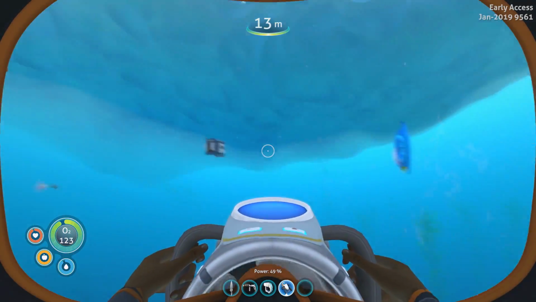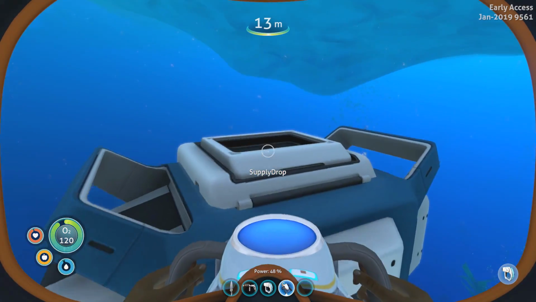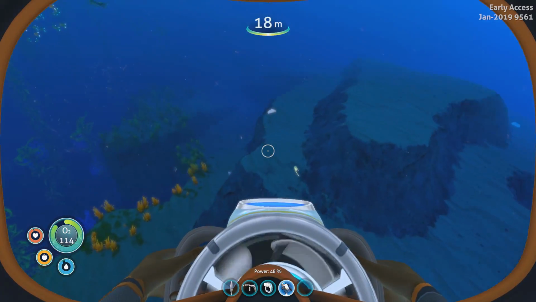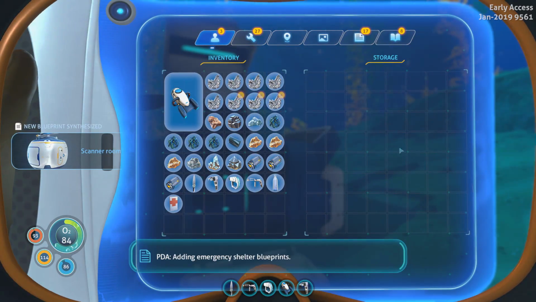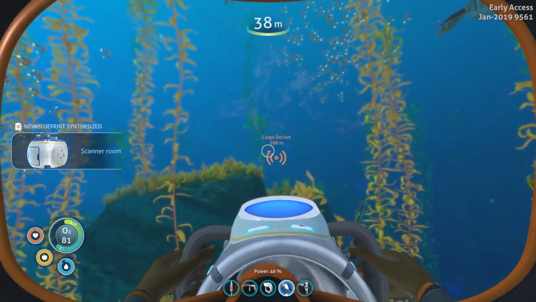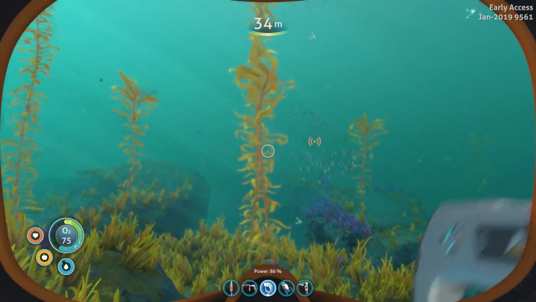Alright, so there's our little cache over here. We got another one of those oxygen critters down here. Probably won't be able to interact with that till it hits the seafloor. That's my guess. Well, there we go. Let's open it up. Alright, so we got the habitat builder. The habitat builder, kind of a useful piece of equipment that guarantees we can long-term survive around here. But in order to make it work...